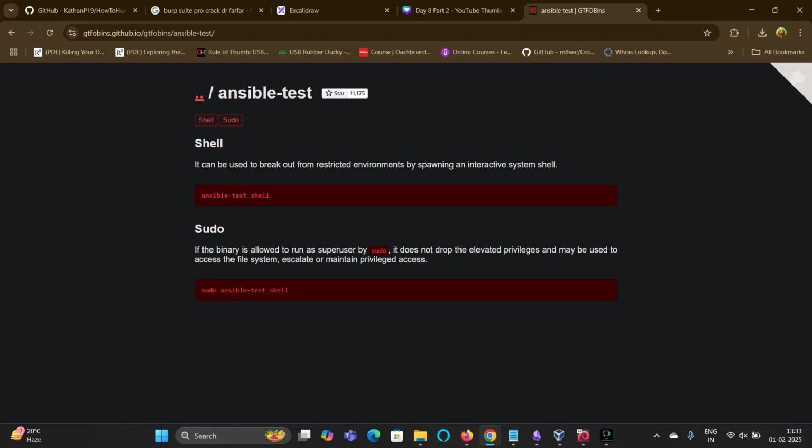You can just click on it and you can see how to perform that, how to get the Ansible test shell using these commands. And for the sudo as well, you can use this command and abuse the binary as well as the sudos. You are abusing the sudo here because you are using the sudo ansible-test shell command. So that's how you can use GTFOBins.